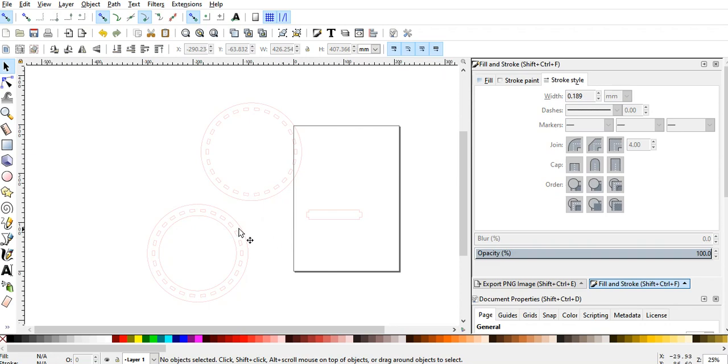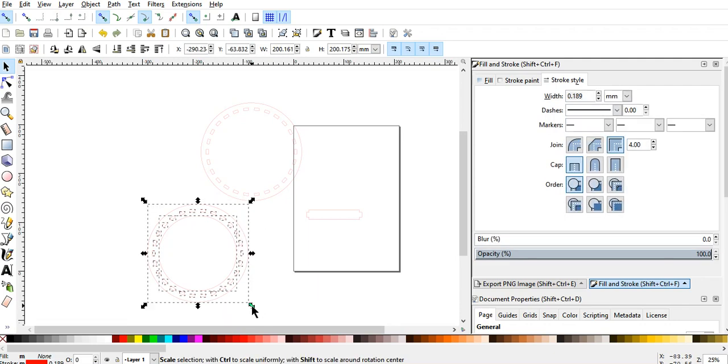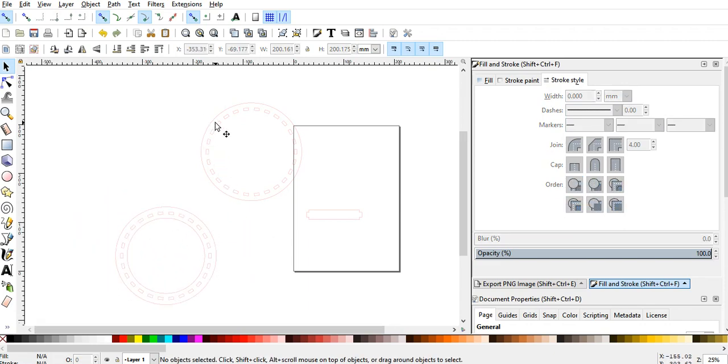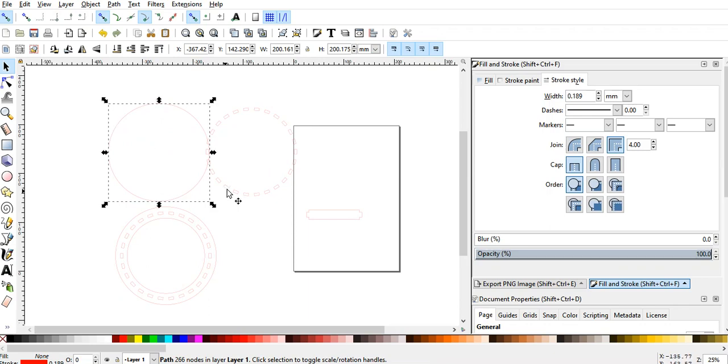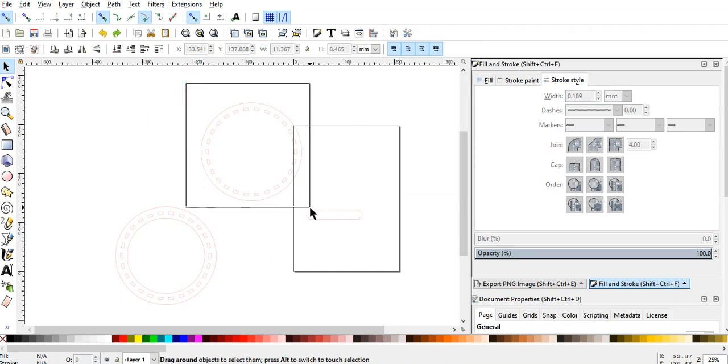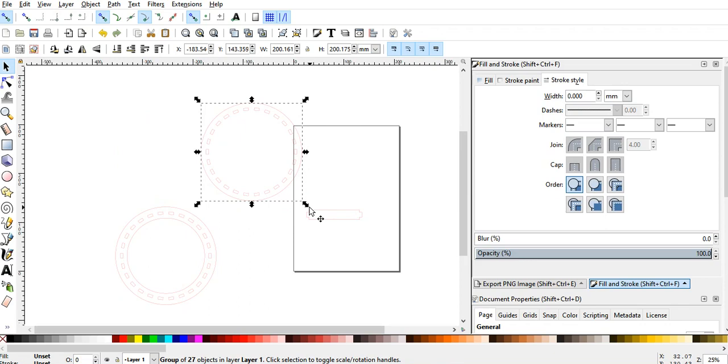And so the first thing I'm going to do is group our top and bottom circles. So I'm just going to highlight over that and press Control G to group that all together. So now all of these will stick together basically. Because if we tried to move something like this, you can see all these pieces are individually put together, not linked together. They're individual pieces, and so we'll just highlight over all of that and press Control G,